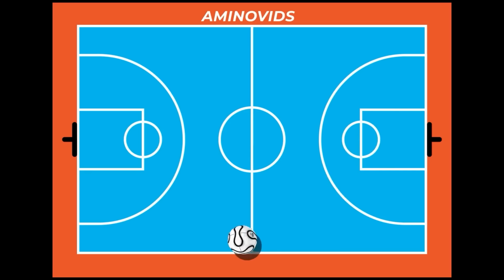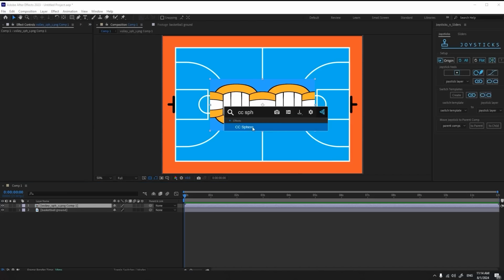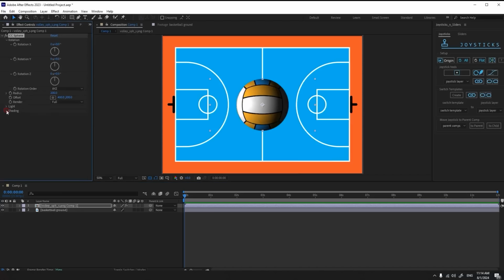Today, I'm going to talk about the cool Joystick plugin, and create this beautiful animation by giving it a joystick controller. First, I will do this for a texture, and then I will teach how to change the textures and